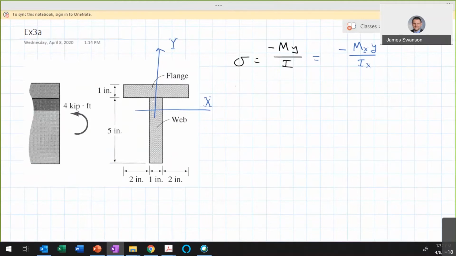So we'll take it as a given in this case that I sub x is equal to a nice round number that never stops, 33.33 inches to the 4th, and we know that y bar is going to be 4 inches, measured from the bottom of the section. So y bar is measured like that. We want to find the stress at the top and the bottom fiber. So let's say at the top fiber,